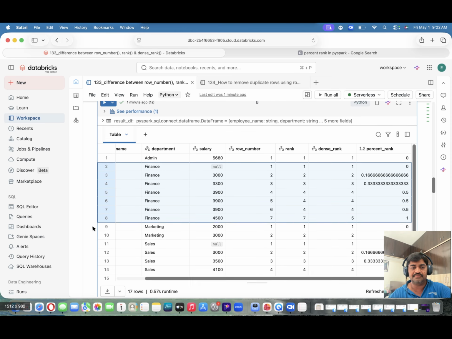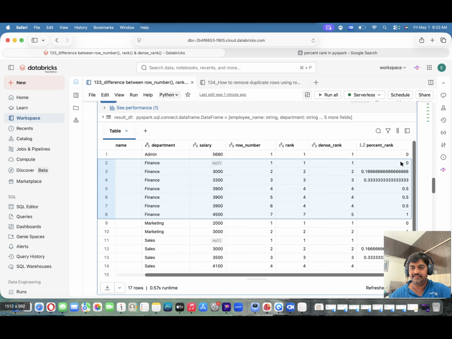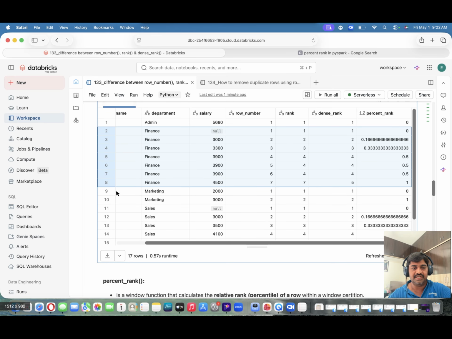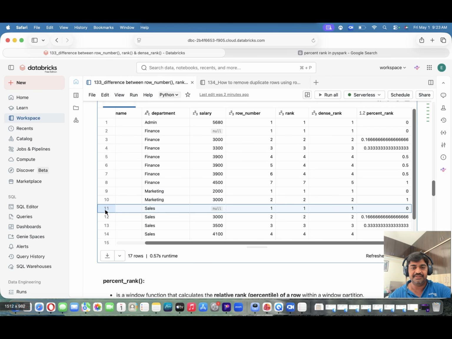Okay, so that's how it will work. In percentile rank, the range will be between 0 and 1. According to the number of rows in your window, this percentile will change. If you add one more row here, then this percentile will change. Similarly, if you come to marketing, we have only 2 rows and those 2 are unique, so you will get 0 and 1. Starting value is 0 and ending is 1 because we don't have any additional or duplicate records. And if you come to sales,